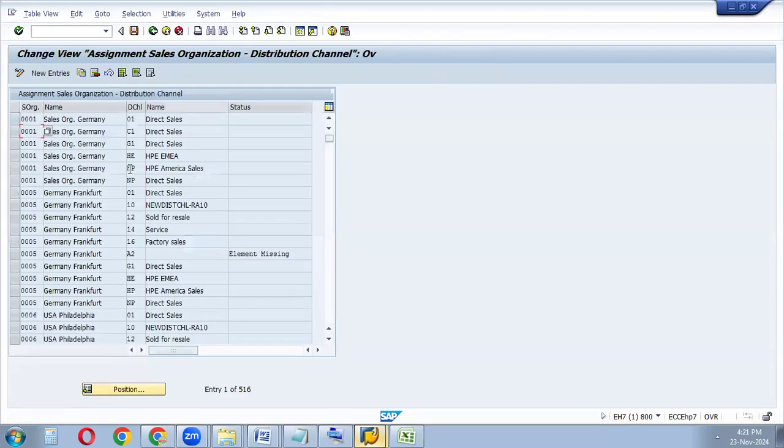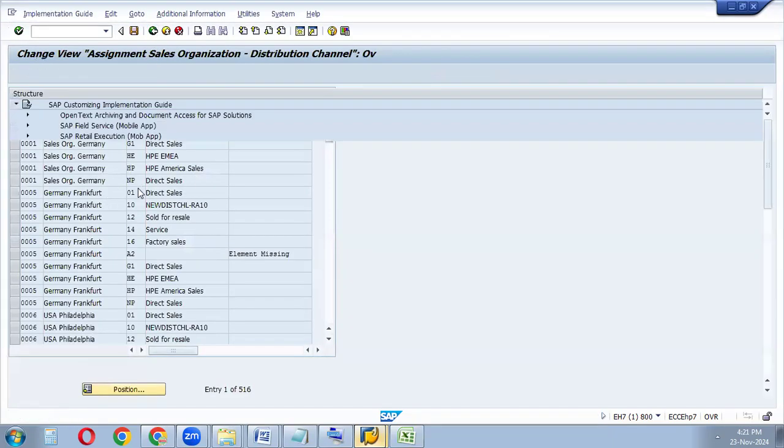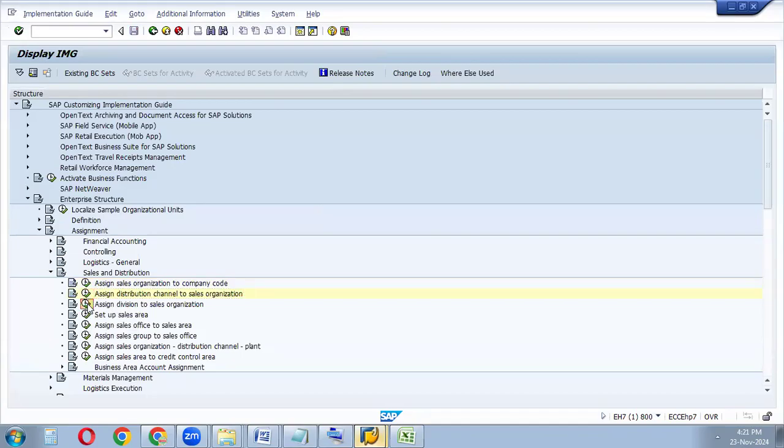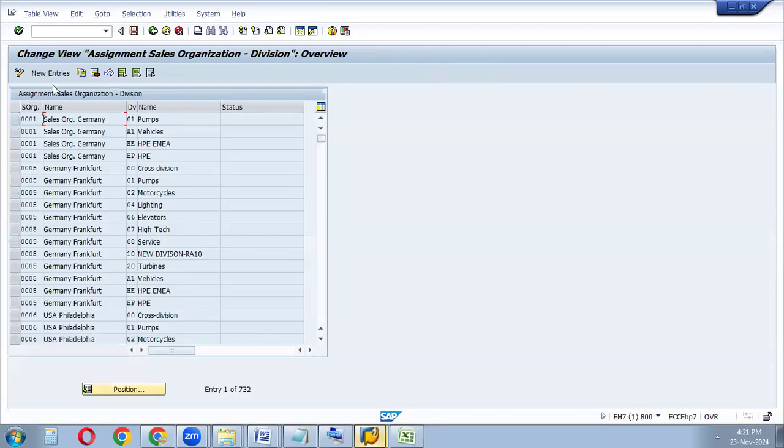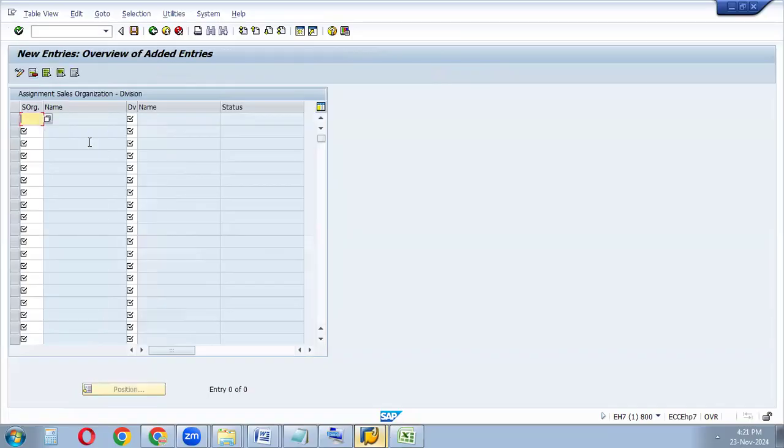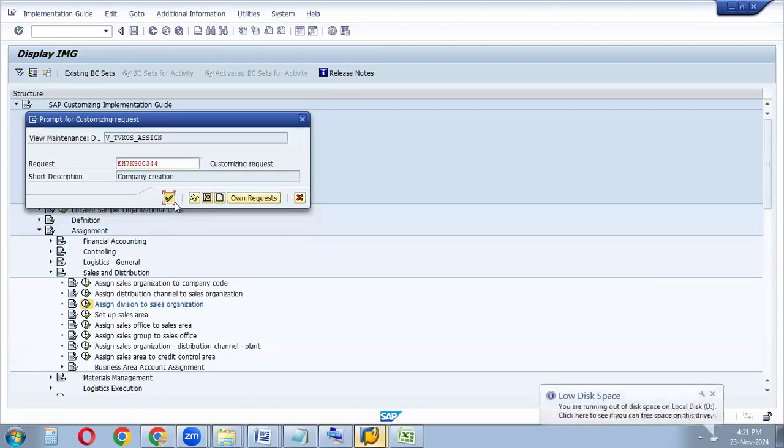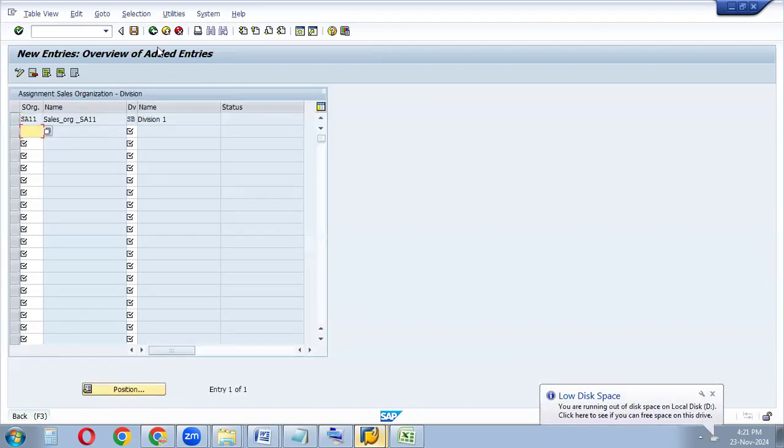And go back and go back. So here go to the next, division to the sales organization. Go to the new entries, and the sales org is SA11 and the division is SB. So press enter and save the data. So just go back